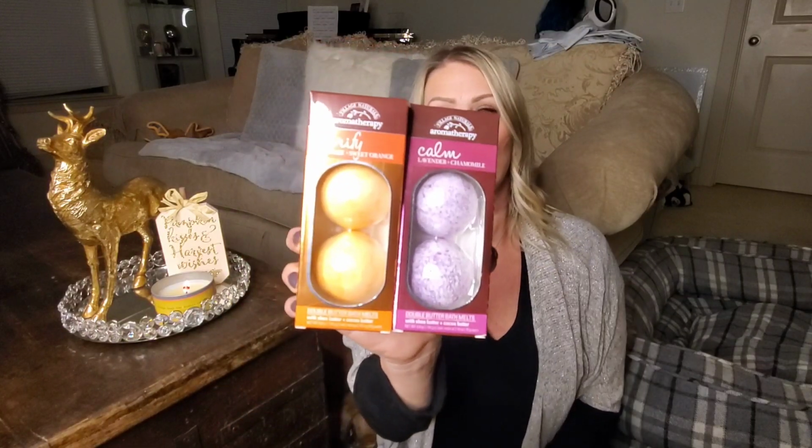Again, great Christmas ideas. So I grabbed a few of these double butter melt bath melts with shea butter and cocoa butter. Yep, with both of those. So how nice is that? So I grabbed a few of those, and been seeing, these are supposed to be the little craze right now